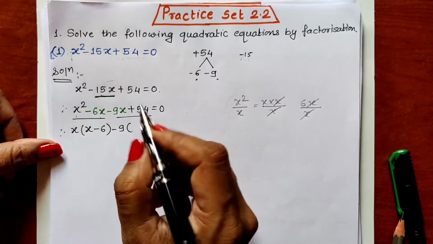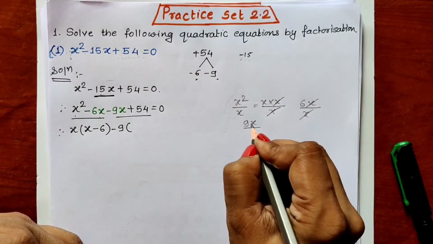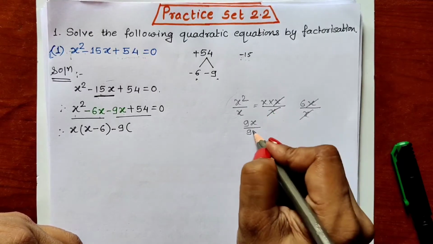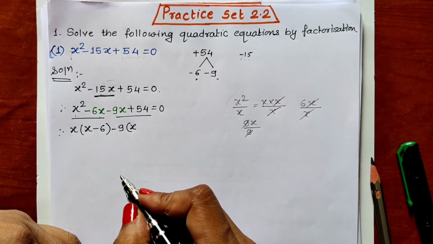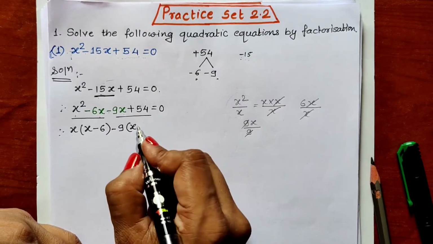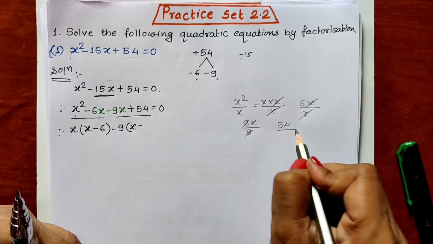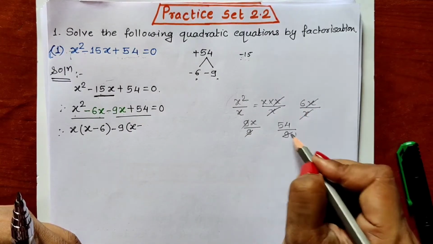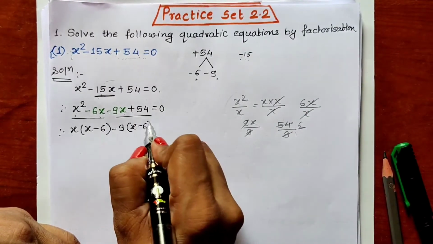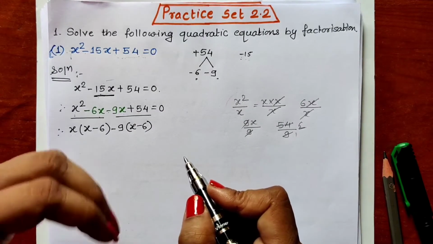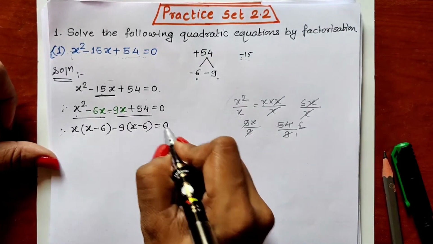From the third term, 9x, when we take out 9 common, 9 is cancelled and x is remaining. That remaining x we write inside the bracket. Minus plus sign will be minus. From 54 also we have taken out 9 common, that means 54 divided by 9. 9 ones are 9, 9 sixes are 54, we get 6 as the answer. That 6 we write inside the bracket. So always keep this in mind, taking out common actually means dividing. Equal to 0 we write as it is.